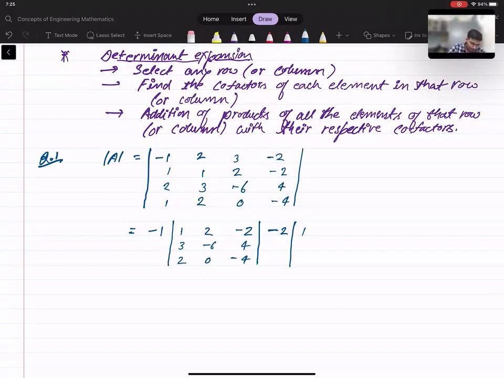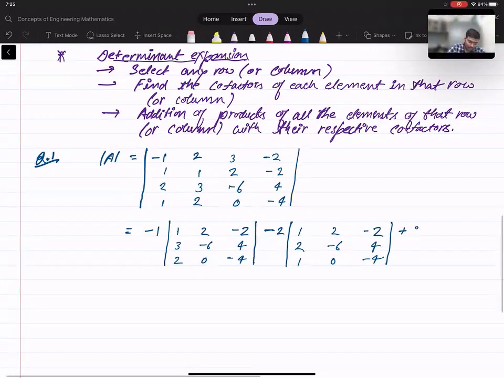So this is 1, 2, 1, 2, -6, 0. This is -2, 4, and -4. And we'll go on like this till we reach the last element of this row. So again we have 3, and this is element number a13. So 1 plus 3 is even, so there will be no change of sign. So +3 into,